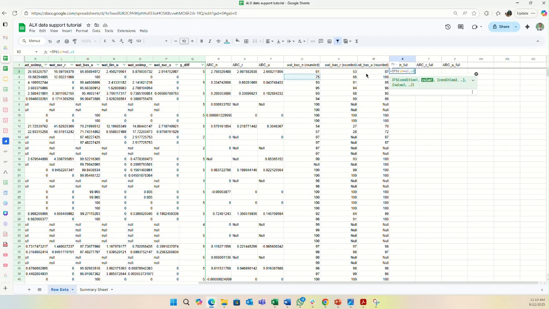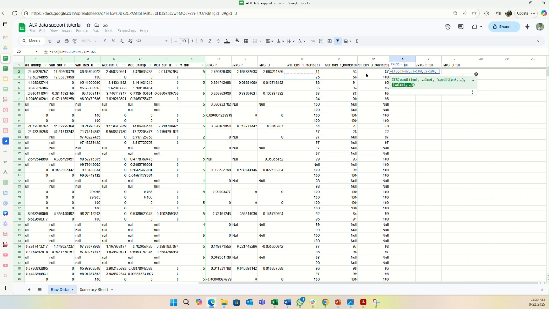So if this is equals to 100, comma, and then also U2 is also equals to 100, comma, that both these rounded figures for that country are this for both years, return full access. So, comma,